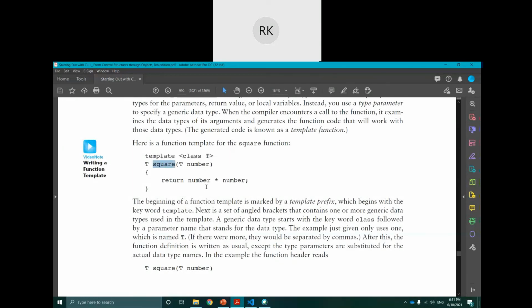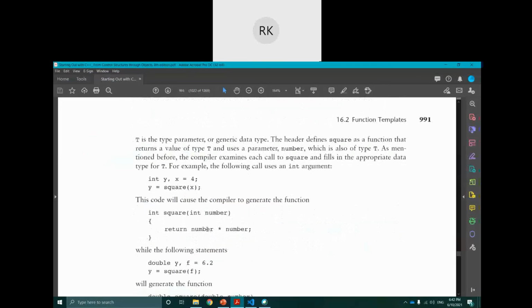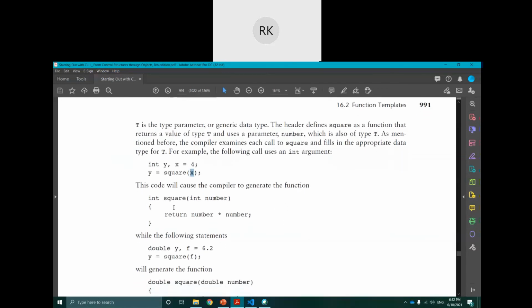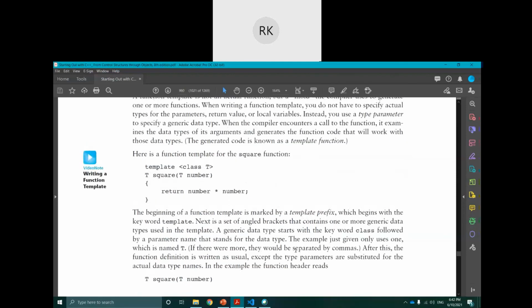What the compiler will do is generate another code from this template, and that code will not be stored permanently. If it is not stored permanently, it will not occupy any memory either. It will just be generated in memory, in RAM, according to this template. A function will be generated, and all the generic data types will be replaced by the type of the value that we are calling with. So it will become like this. The compiler will generate code like this: integer, square, integer, and the rest of the code is like this. And the same square, the same template, you see the template is one.